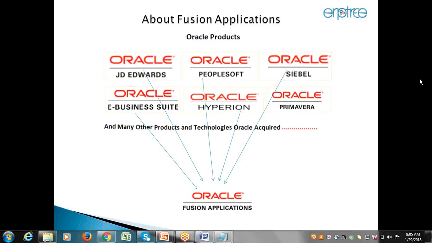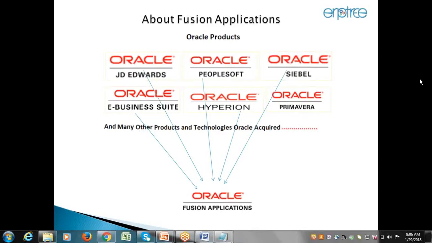I'm sorry, I didn't get you. I'm saying, in your own opinion, what is the level of maturity of this particular product now that they have combined everything into one single solution? Correct. So what is the level of maturity? Because as my friend has just mentioned, there are a number of modules which they're still developing into this particular product. See, the level of maturity is really good.